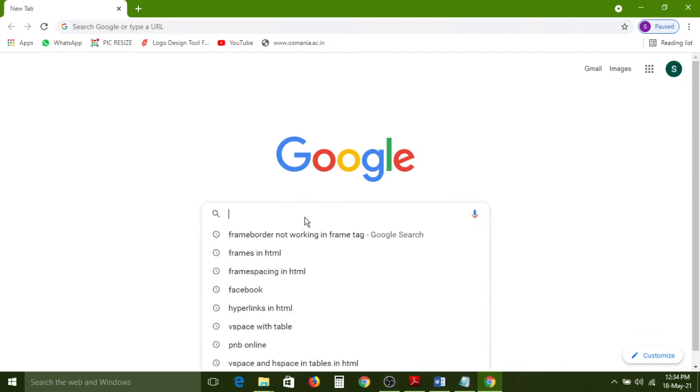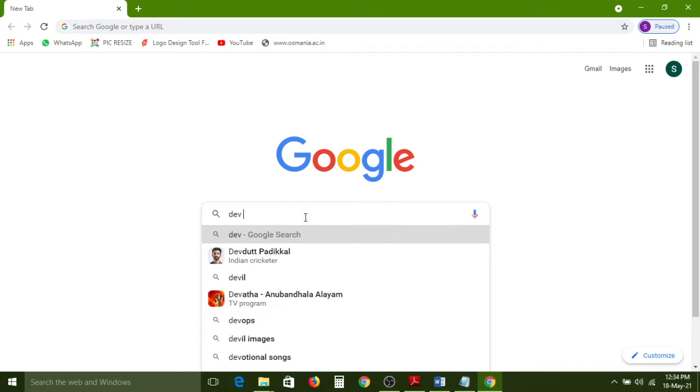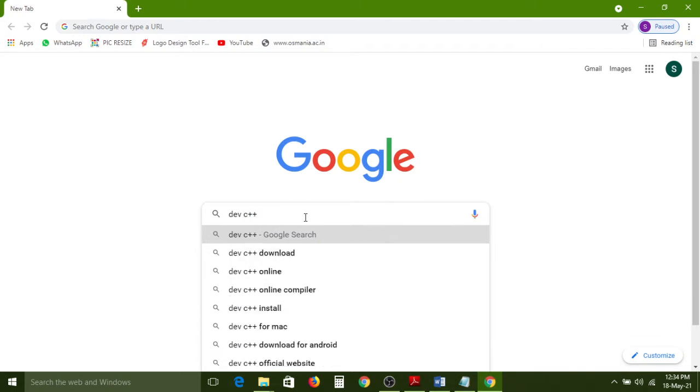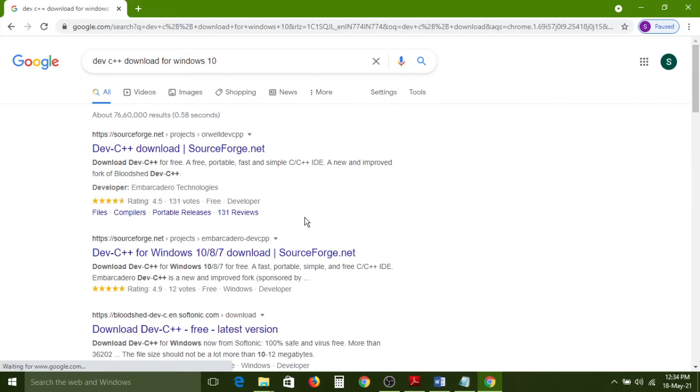Here in the Google search engine, you need to type Dev C++ download. You need to type this keyword for Windows 10, because in my laptop I have the Windows 10 operating system, so that's why I am using the Dev C++ Windows 10 related software. I am searching and pressing the enter key.